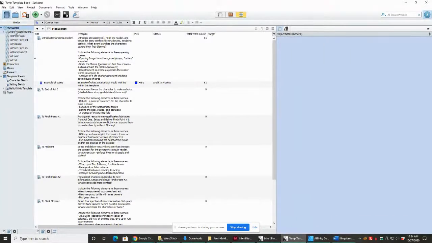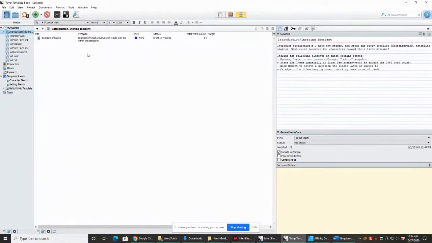So let's click Introduction/Inciting Incident. If you click the folder, you'll see the synopsis come up. And Jamie has written: introduce protagonists, hook the reader, and set up the story conflict. Foreshadowing, establishing stakes. What event launches the characters towards their first dilemma? Include open image to set tone, mode, scope, state the theme, hook moment, catalyst of a life-changing moment, knocking down